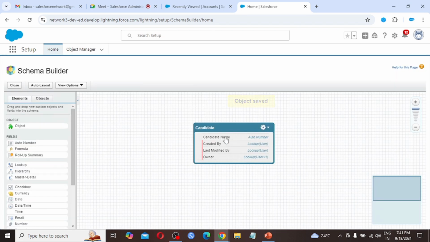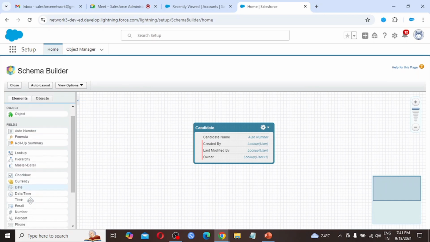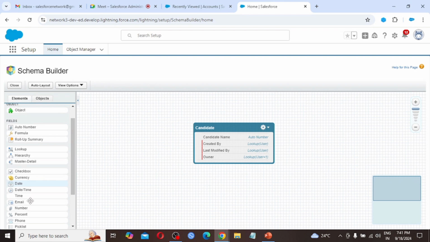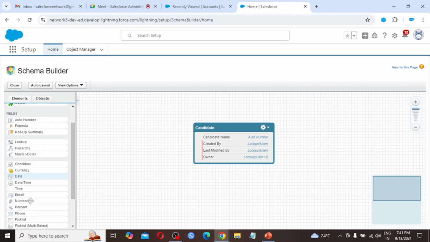So this object is created, and for this object if I need to create the fields, then what I have to do, from the field section I have to drag and drop the data type, then I have to provide the information for that field.